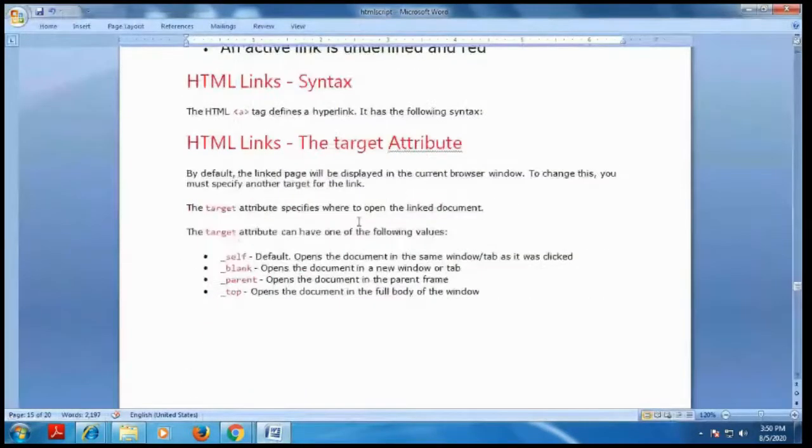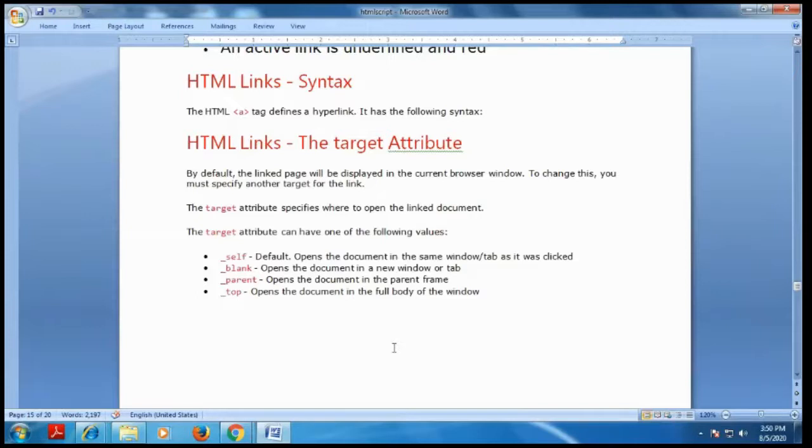Okay, next we see the HTML link target attribute. What attributes are available in HTML? By default, the linked page will be displayed in the current browser window. Actually, if you link any website or any web document, it can be displayed in the current browser window. Whichever browser we use, only in that current browser window will the web page or any content display.